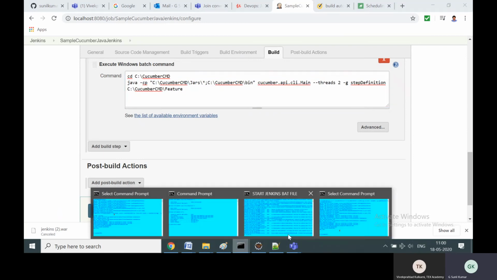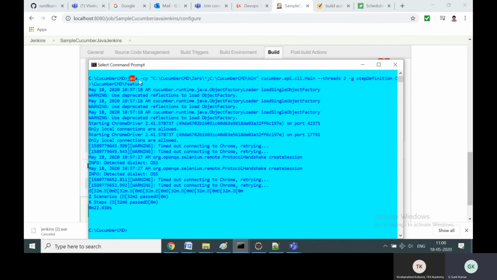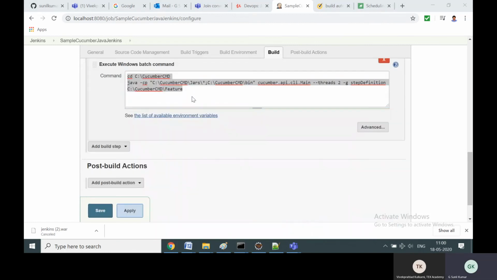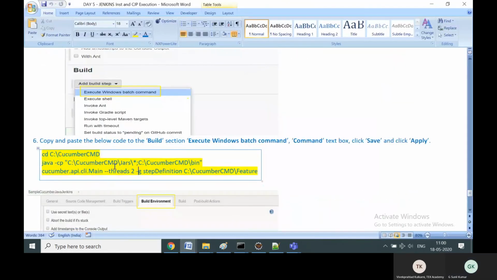Like just 5 minutes before, I showed you how to navigate to C:\cucumber\cmd and execute the Java command here. The same command I'm going to copy and paste it here. See, I kept it in the documentation also. C:\cucumber\cmd, Java -cp, cucumber bin.